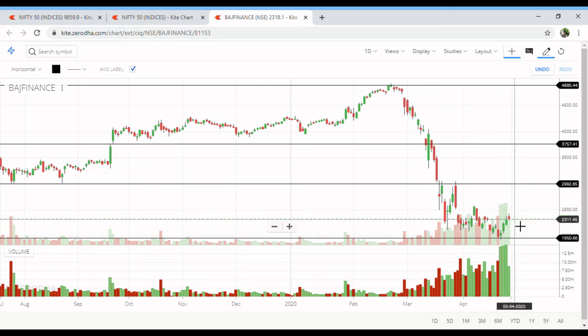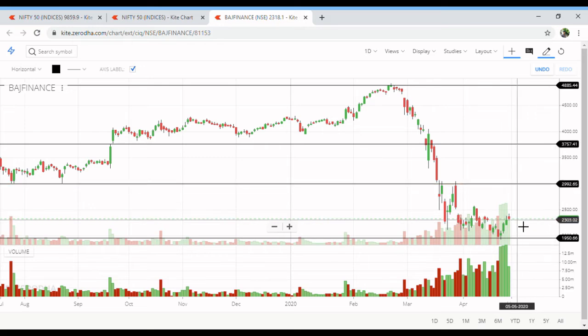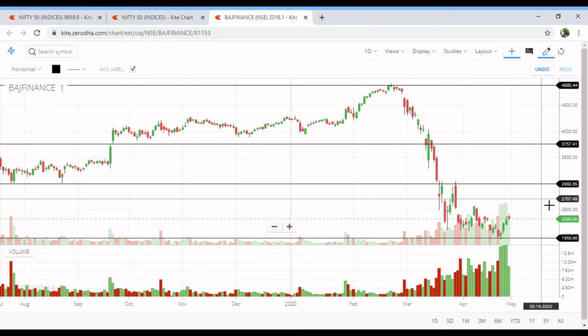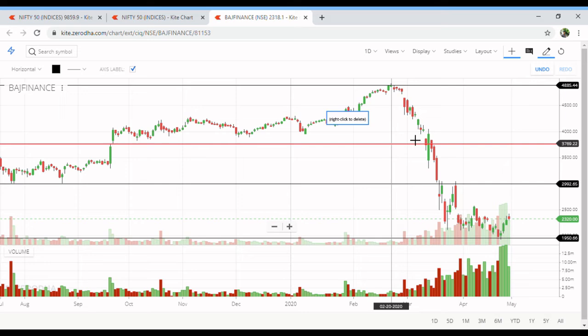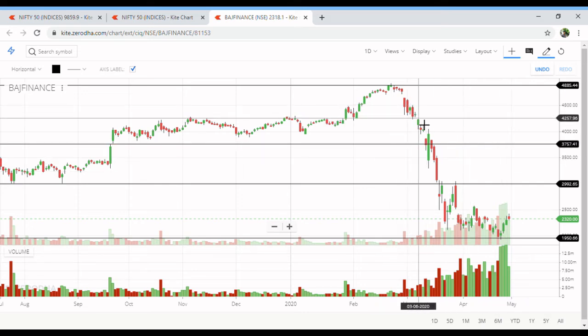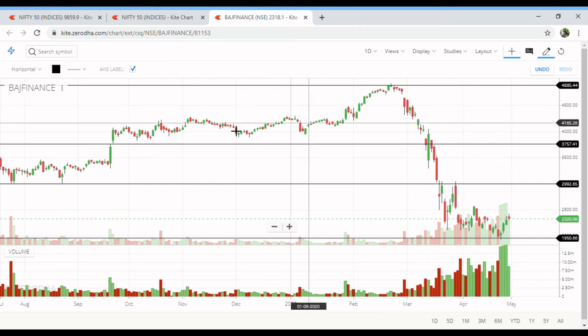If you are a short term trader, let's say you are buying a future or call option for a 1 month trade, you can hold it till it reaches this resistance level, and you can either close your trade or trail your SL based on the current levels. So this is about finding support and resistance. This not only helps to find a trade for the short term, it's also used to find a trade for intraday.